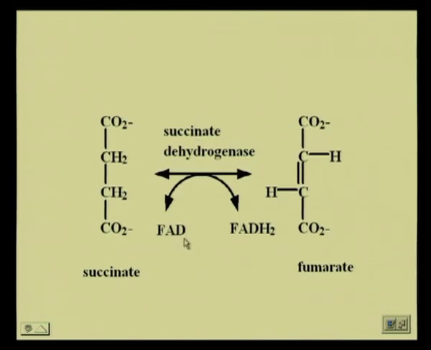This is another one. We have succinate forming fumarate. What is happening here? It is ridding itself of these 2 hydrogens. The CH2 here and the CH2 here is becoming CH double bond CH. So, 2 hydrogens have to get lost. Who is taking them up? FAD. Okay. FAD in conjunction with the enzyme is taking up the 2 hydrogens, forming FADH2